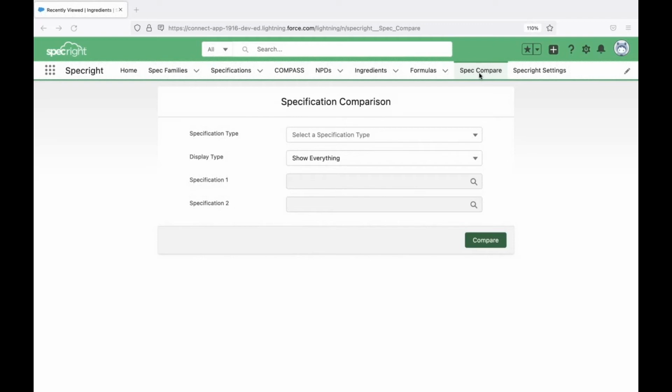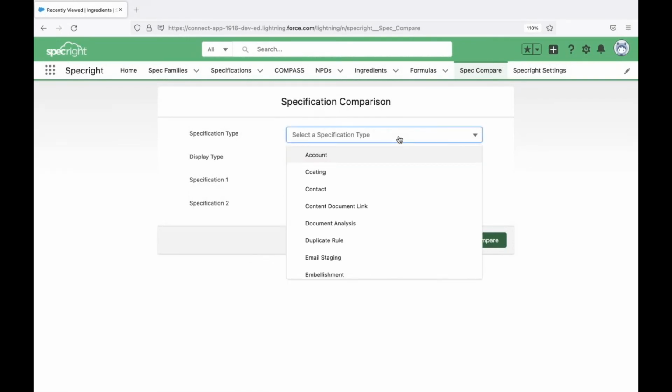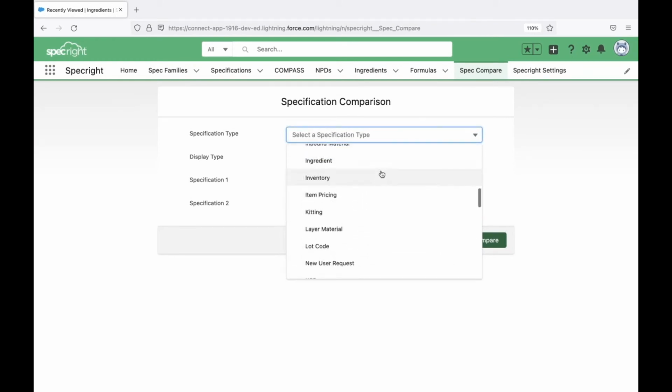If you want to compare any different specification, all you have to do is click on the spec compare, then it will open up this screen. As you can see here, the first field is specification. Here you can select any specification family in Specright. So let's say if you want to compare ingredients or formulas, you can select any specification